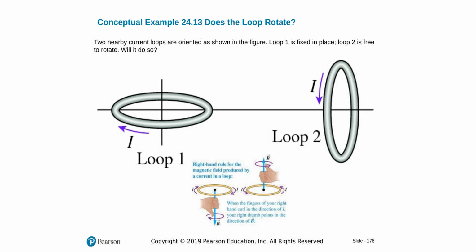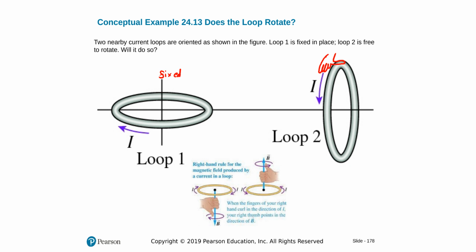This question is more subtle here. Two nearby current loops are oriented as shown in the figure. Loop 1 is fixed, so this one can't move. And loop 2 is free to rotate, and will it rotate? If I use my right hand rule, I can find the direction of the magnetic field or the magnetic moment of